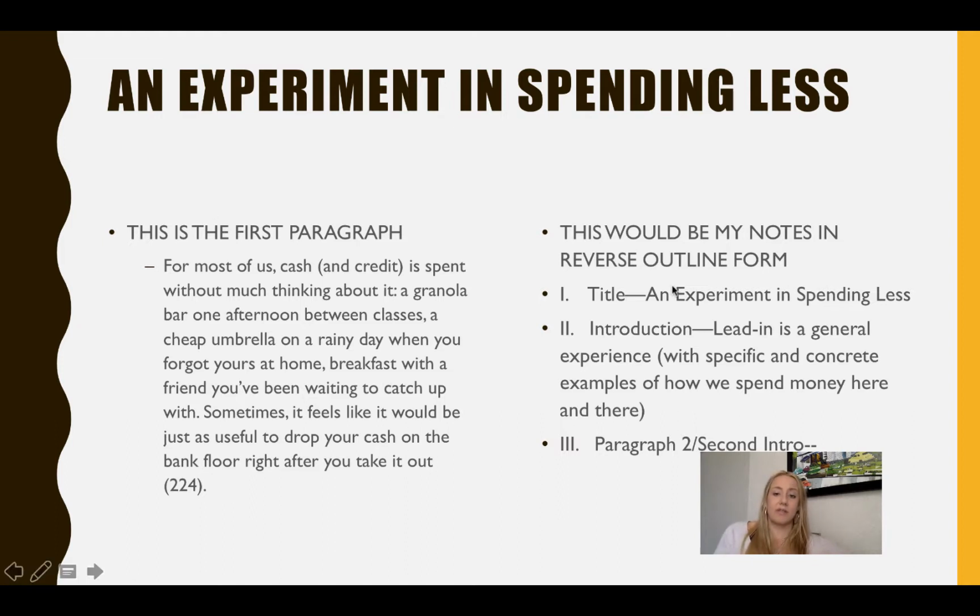So here you'll see if I was going to actually try this, I would do Roman numerals. I would write down the title because certainly in my notebook I would want to make sure that I know what the title of that essay is. If I had an author name, I would probably write the author name. I definitely would probably write the page number, which I didn't do here, but I would definitely write the page number down. So for Roman numeral 2, you can see that I wrote introduction.